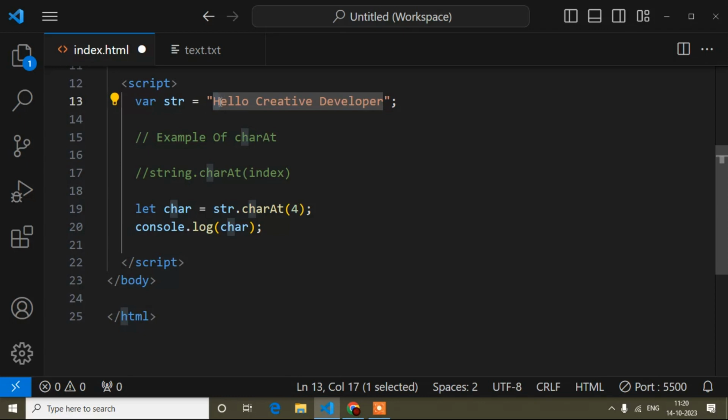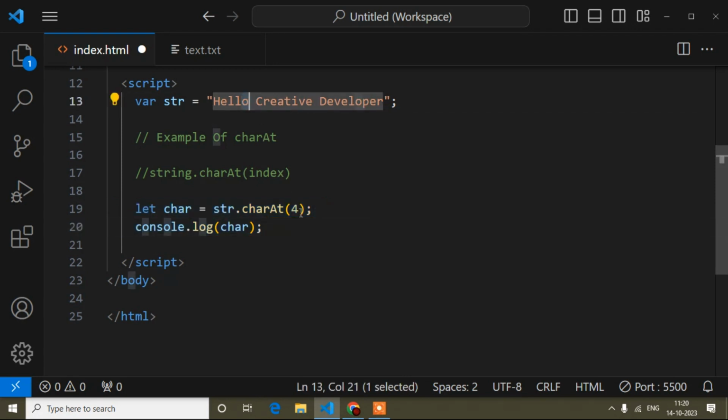Index starts from 0. Just remember this one, it will be helpful in your future. So it is 0 1 2 3 4, right? So o is 4. If I write the code this way, the output will be o only.